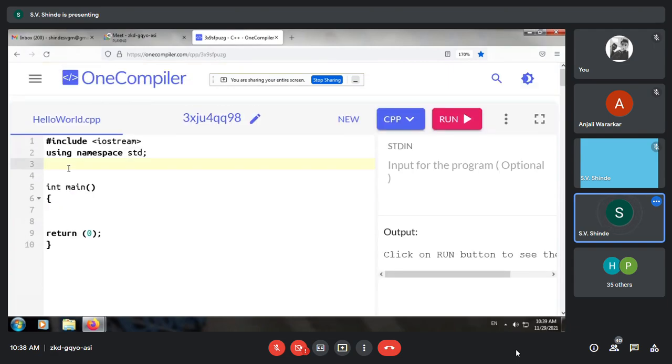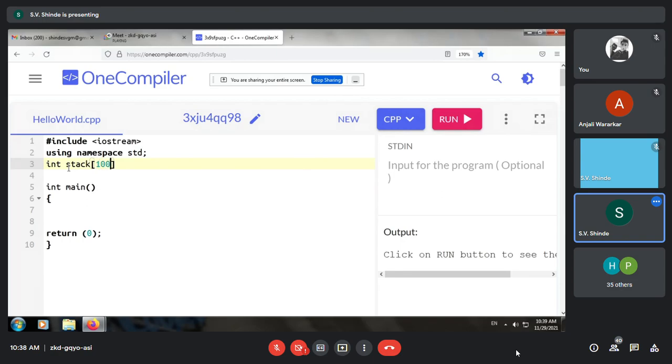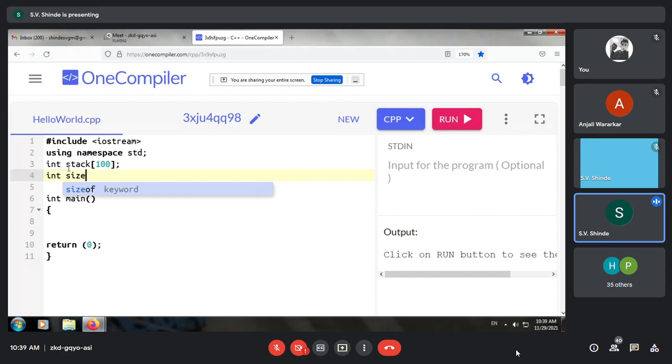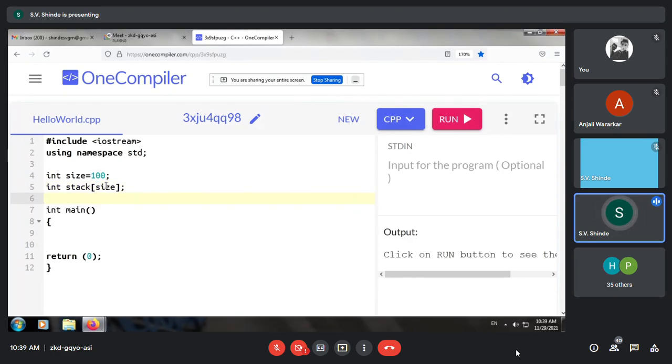Okay, so let us say we are implementing the stack data structure as an array. So stack as an array. Now we have the elements to be defined. That is, size over here is again 100. So we make the global declaration for stack. One more thing is we have the pointer top, and initially top is equal to -1. So this is the initialization of the stack.